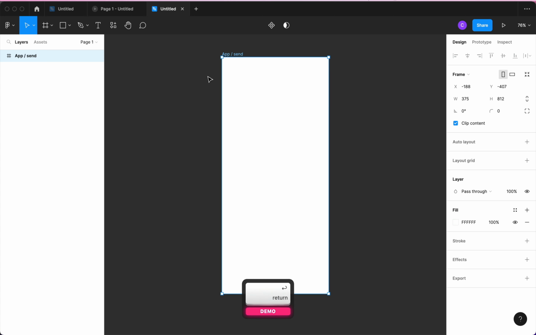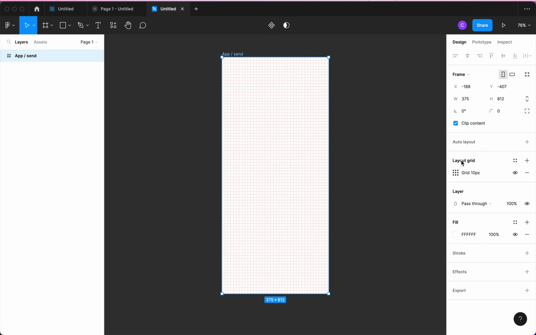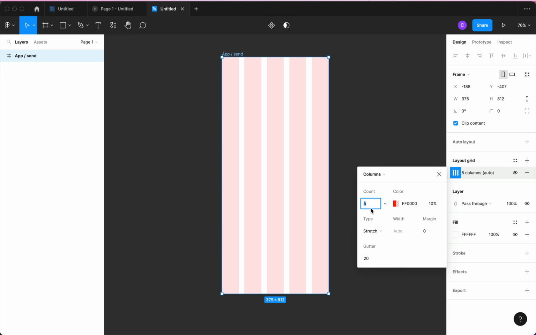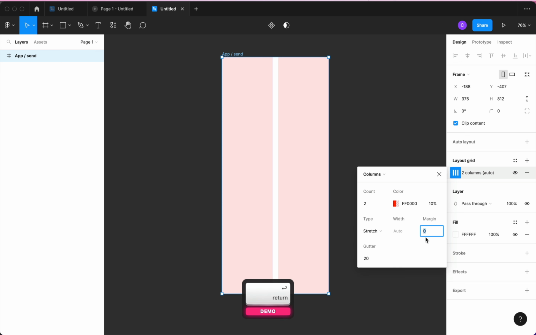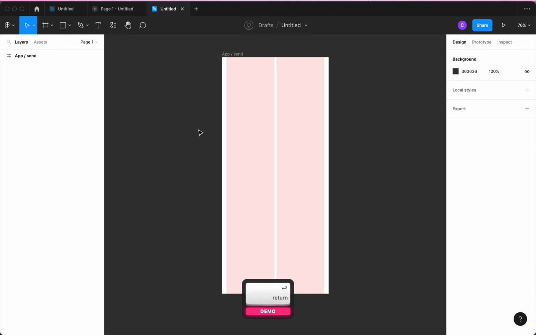app/send, right? And next thing I'm going to do is I'm going to click on the frame, and I'm going to add my layout grid. I'm going to change the grid to columns, and I'm going to set the count here to 2. I'm going to set the margin to 16, and then the gutter height to 8. All right, so I have my frame set up, and next thing I want to do is to put in